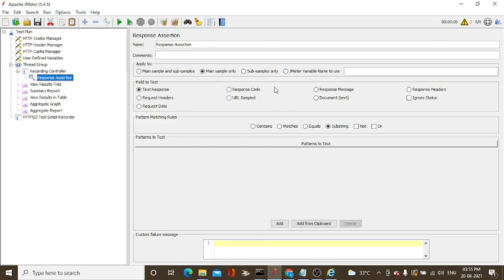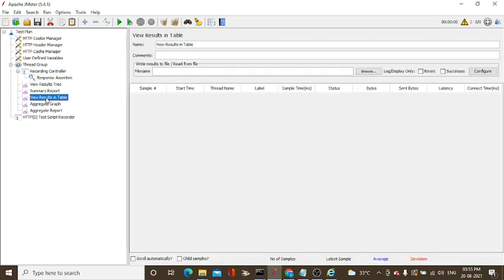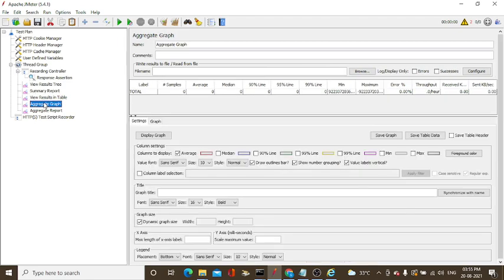You need to verify what type of format the data is in. After that comes the view results tree, and mainly the view results table will be used for capturing the matrix. The summary report works the same way. You can provide the results through the browser, or through an Excel sheet or CSV file. The output file format is the best way, with low memory consumption. After that, the aggregate graph and graph report will be provided based on the format you require, either chart type or table format.